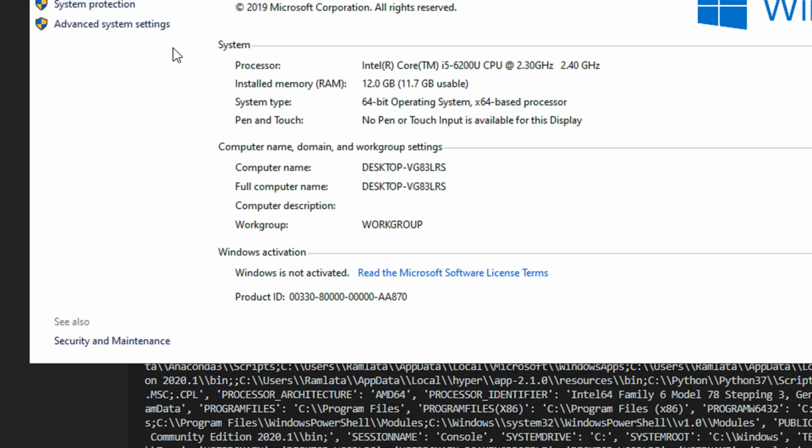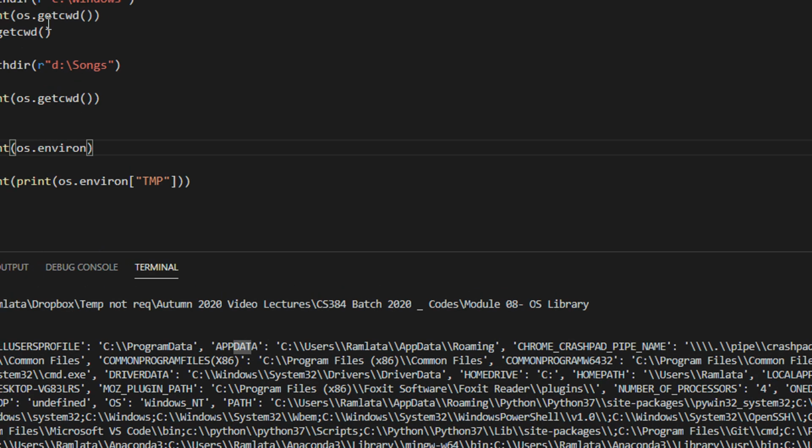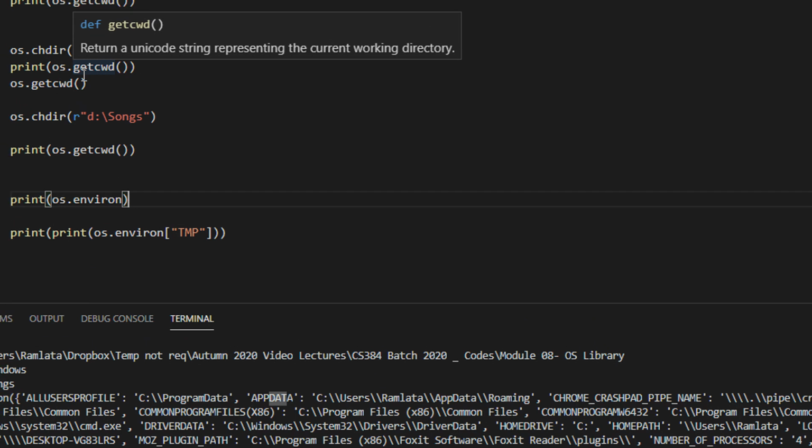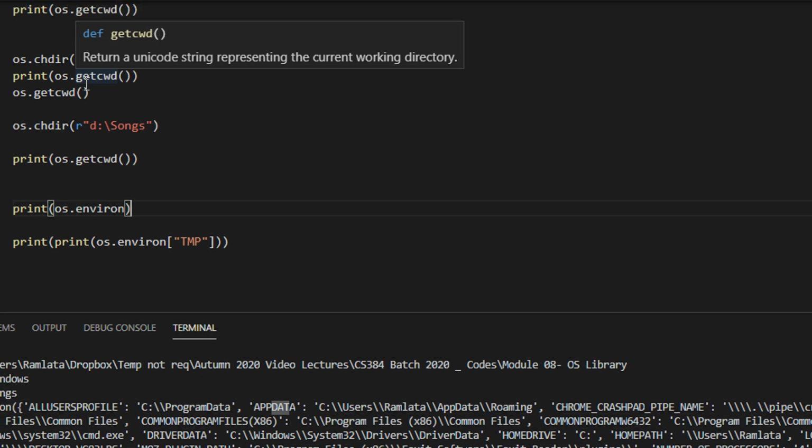The usage of os.environ is that, for example, if you want to define a custom path for your own Python library, let's say you make an advanced calculator in Python and you are saving it in the C drive, in my advanced calculator folder. Then the program won't be accessible directly. You have to add the path C colon my advanced calculator to the system path.